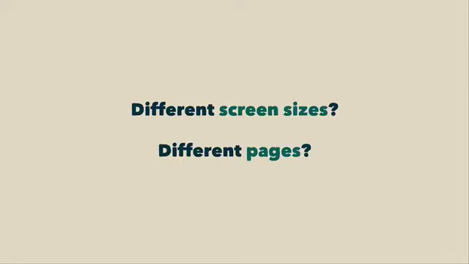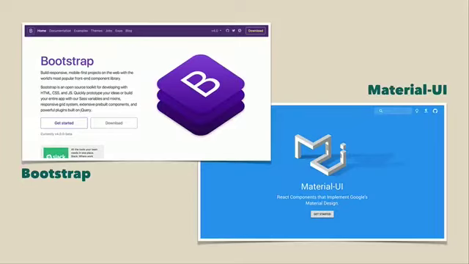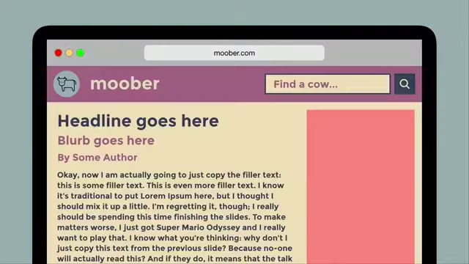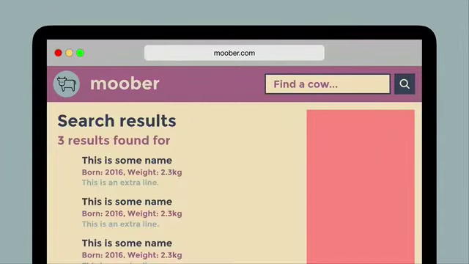So that's why, whether or not you like them, things like Bootstrap or Material UI for React are very popular, because it's easy to build lots of pages really quickly in a way that looks consistent and nice. So even if you start with comps, I think using something like Atomic Design makes it easy to have some of those benefits. So for example, I might start with the page I showed you earlier, and then I might